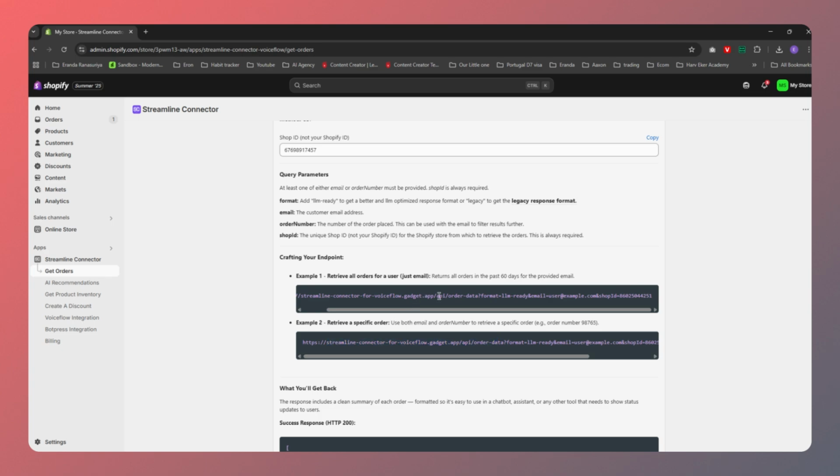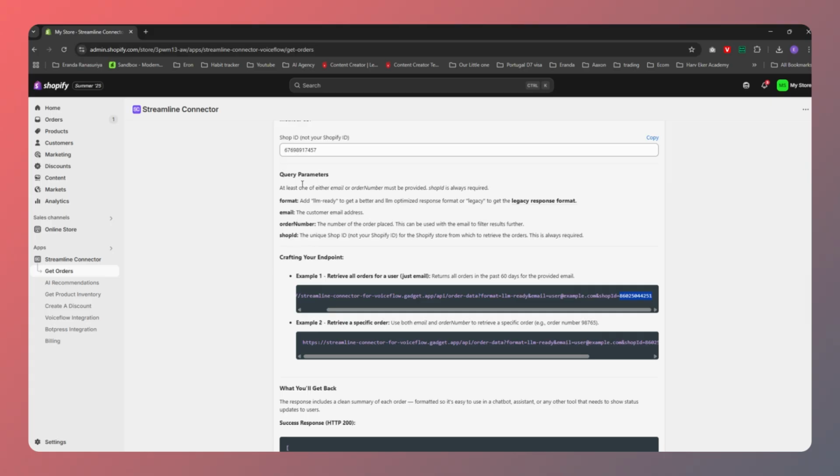So for this one, we need to replace the email. As you can see, the email address is a sample one, user@example.com. We have to replace this with our user's email address,